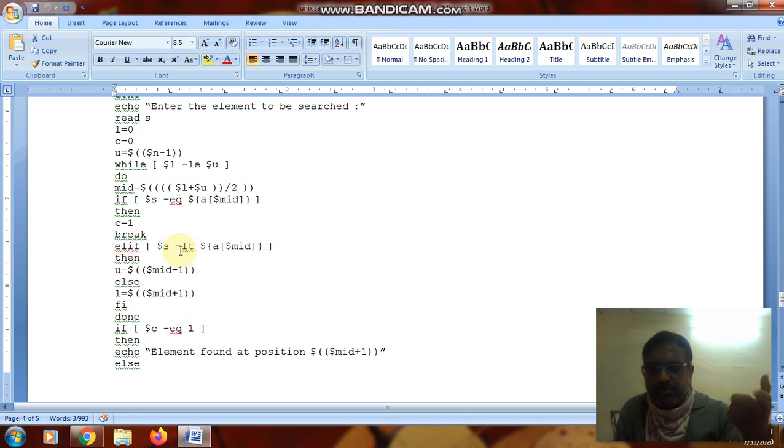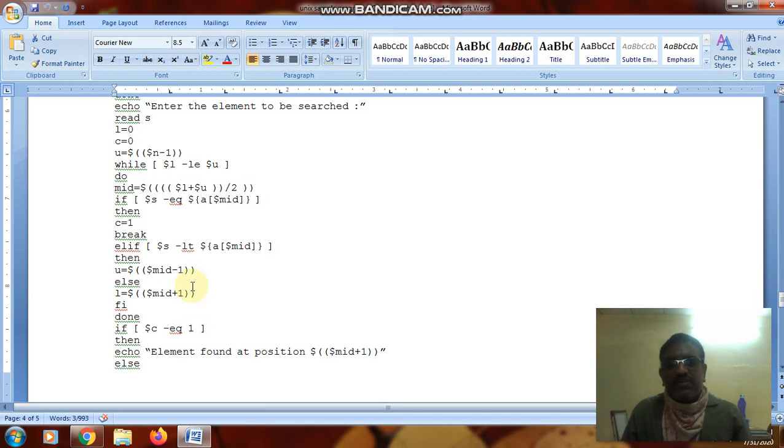Suppose your searching element is greater than the middle position, then you go to the other level. Don't go for the previous values, because your searching element is greater than the middle value. That is the reason it is better to find the element using the middle value.